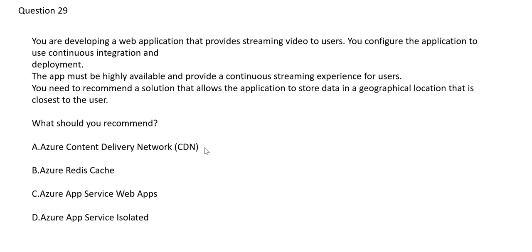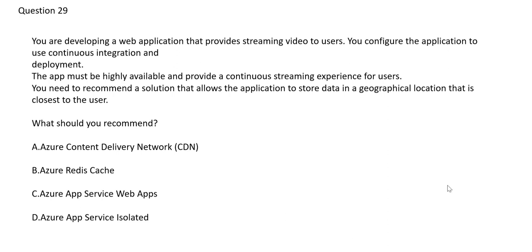Imagine you are watching Family Man 2. It's very famous episodes going on, and the moment the lead actor is fighting some terrorists, it is buffering. Your Netflix is buffering. Would you like it? You won't like it, right? So that's why CDN, content delivery network, so that the users do not get that buffering. They should get low latency, no buffering.